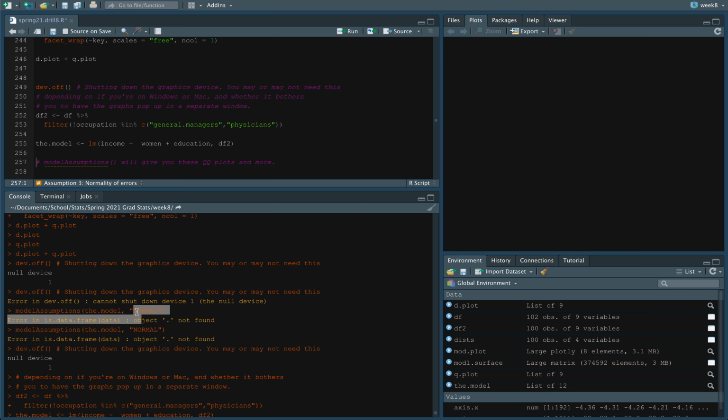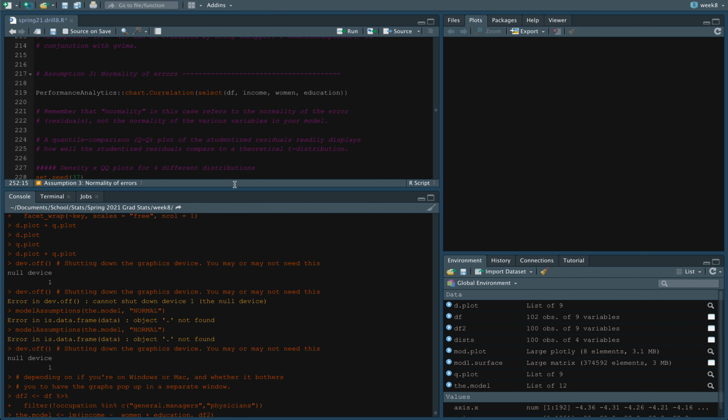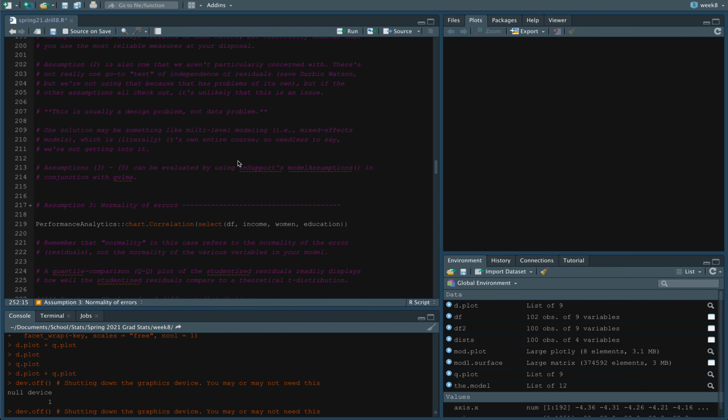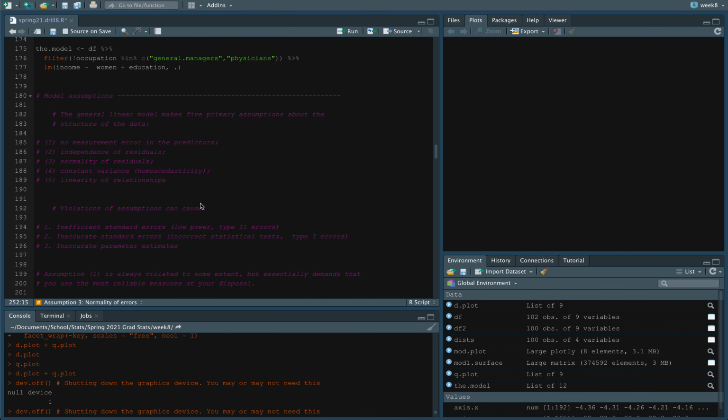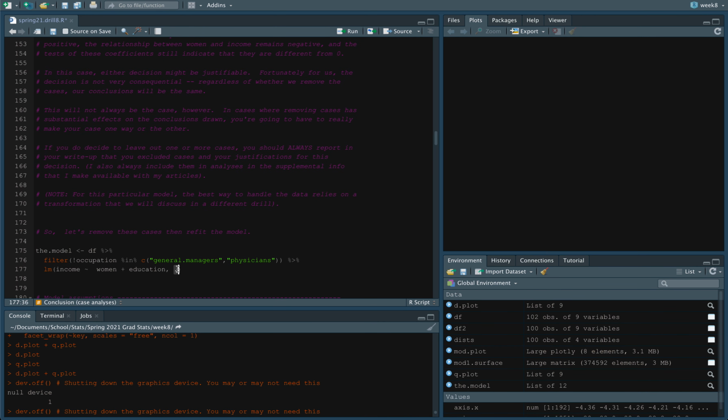Under the hood, lm support can't interpret the pipe code and the way that tidyverse reads it, where in the model itself I had the period, that placeholder for the pipe, coming in as the data